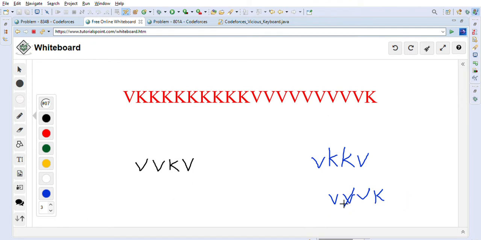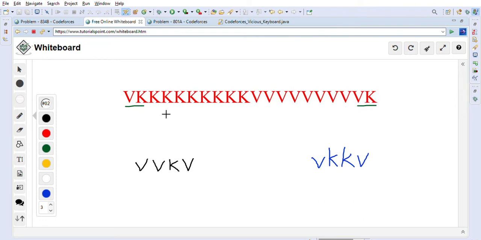So let's look into this specific case now. This is the test case that is given to us. Let's first go visually and figure it out, and then we will develop the algorithm. As you can see, one VK is there, another VK is there here, and we don't see any other VK in this string. So two VKs we can directly see.